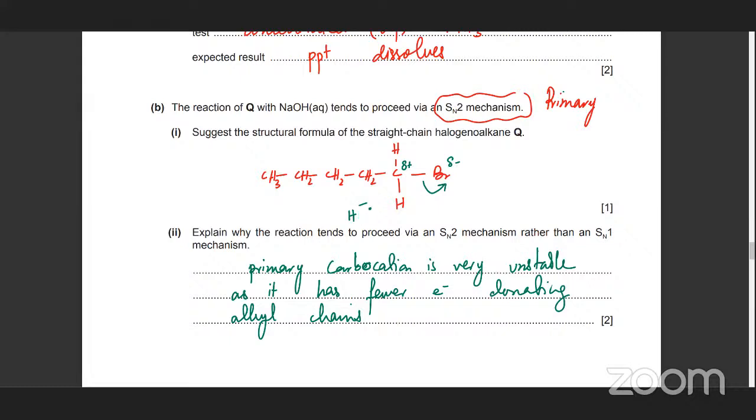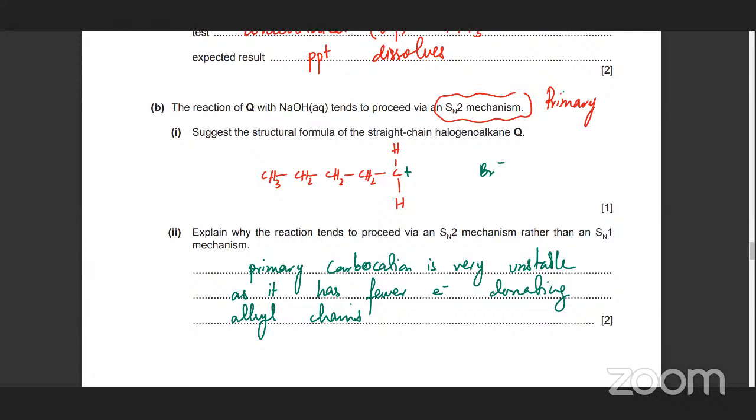In SN1, the Br leaves on its own. So why is the Br not leaving? Let's assume that the Br leaves on its own before the OH arrives. So the Br minus 1 leaves and this carbocation is formed. The reason it can't proceed by an SN1 mechanism, which is the mechanism where the Br minus 1 leaves, and then later on the OH minus 1 comes in and bonds with the carbocation, right? The reason this cannot happen is